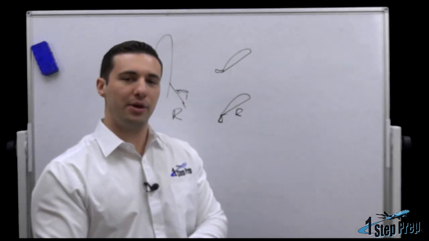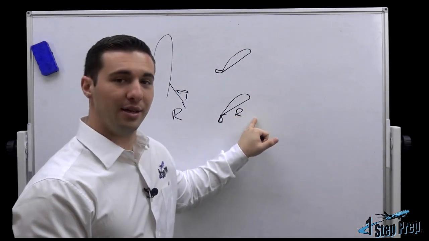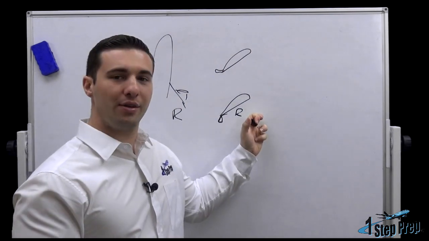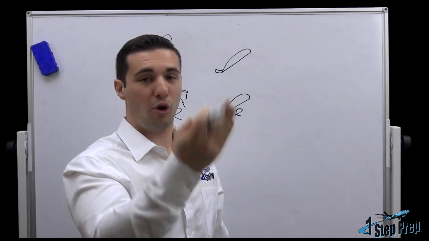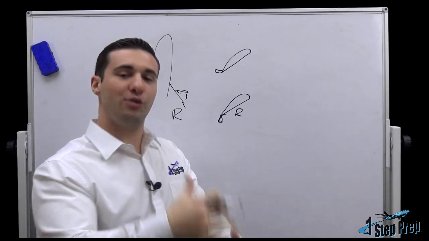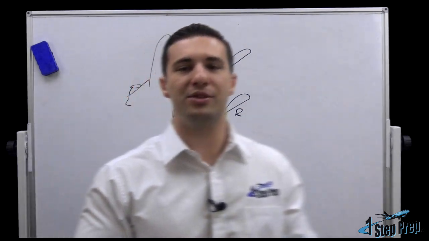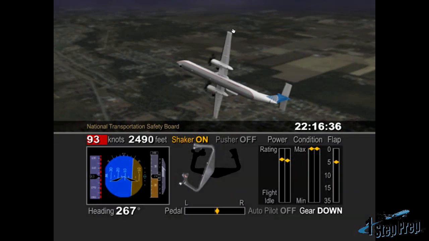Based on aileron downward deflection, what we would actually find is that this wing would see a higher alpha, which means if it's stalled, and what happens if you're stalled and you increase the angle of attack more? You stall more, right? So the already stalled wing would end up stalling even more. And this is actually what happened to Colgan Flight 3407. I'm going to drop an image here on your screen now. This is literally a shot from an NTSB animation where we see a perfect example of roll instability playing